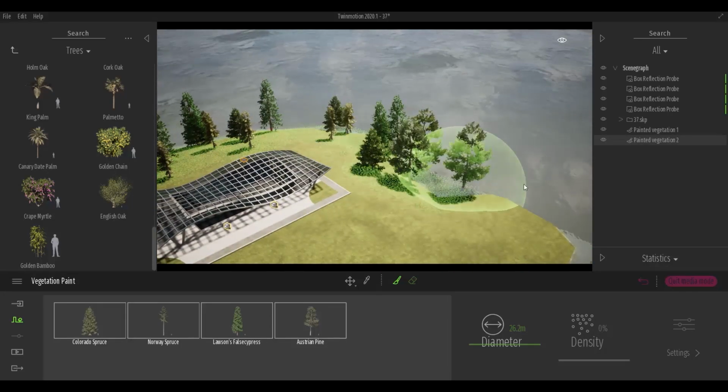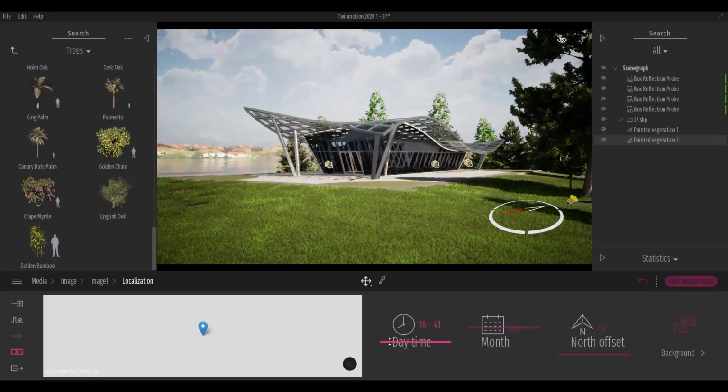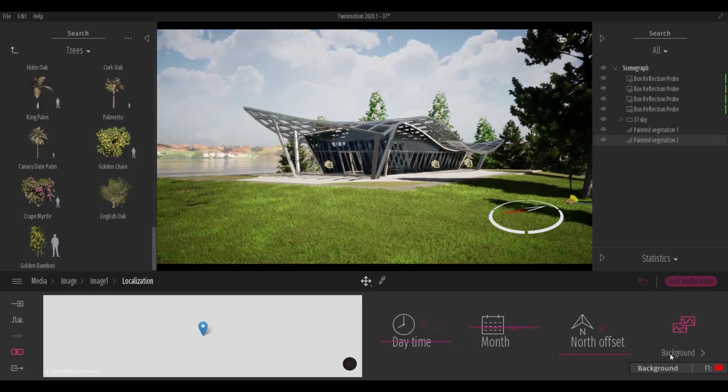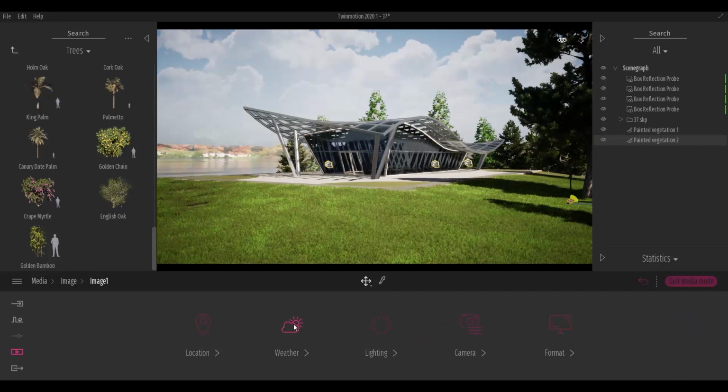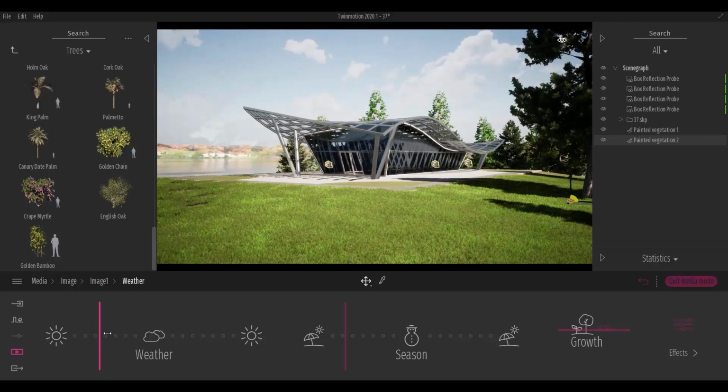You can also change the sun position and angle to reach different lighting setups. Afterwards, fix the exposure. In Twinmotion 2020, one-click editing is possible on the vegetation.